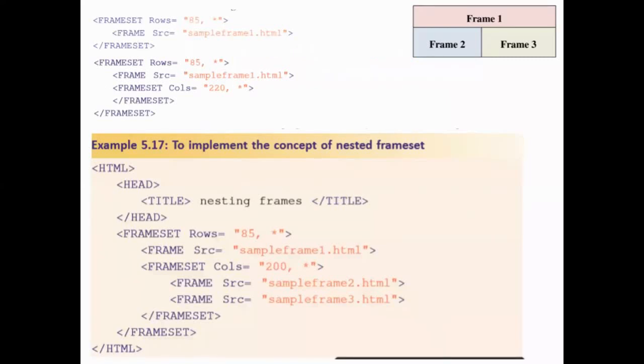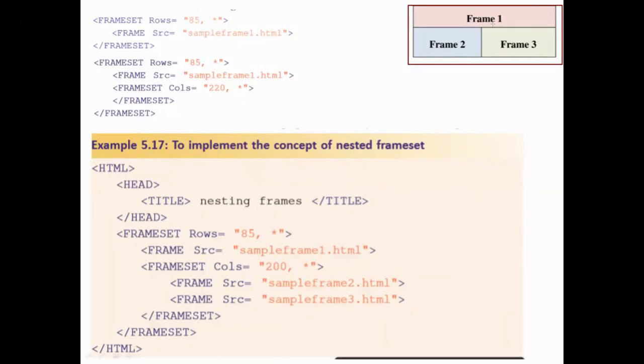So for example, you can look into this diagram over here. See this diagram. First your browser is divided horizontally, that is row wise.